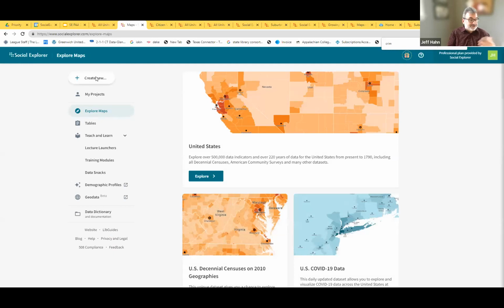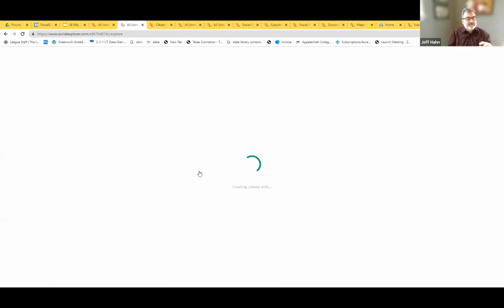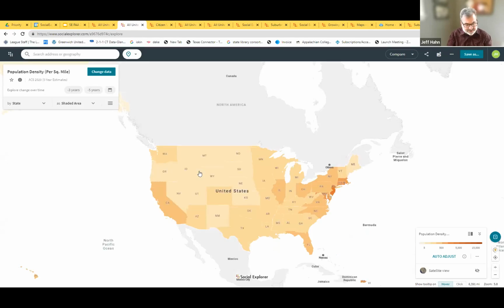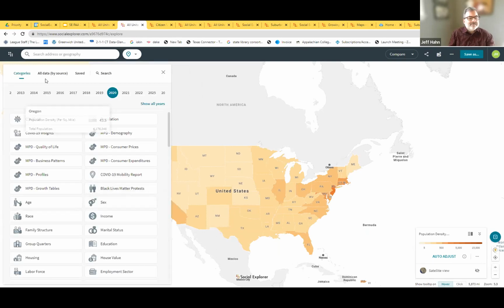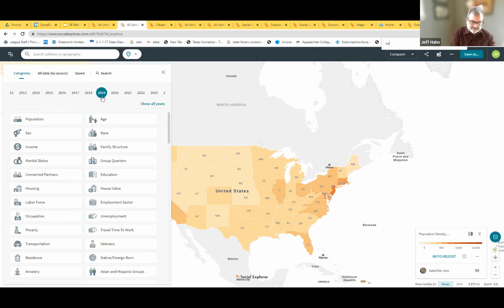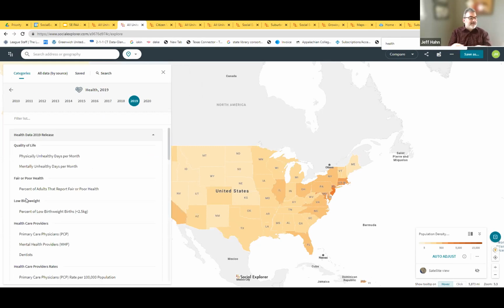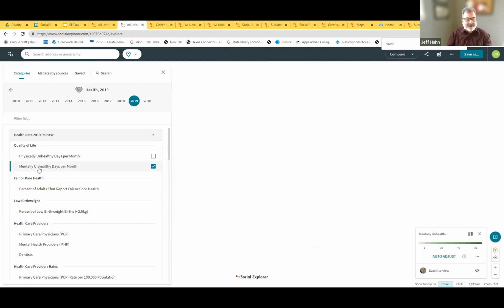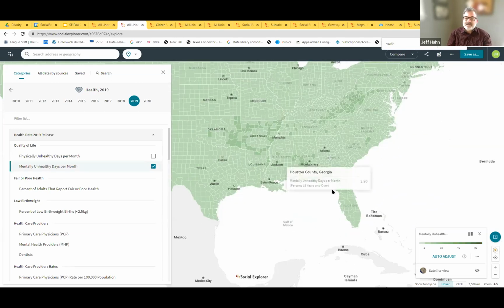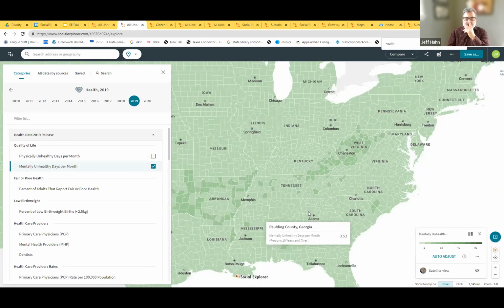which is different than ACS. What's nice about it is you can do some really nice comparisons with social data with the health data. So if I go in, I can look within the health data for physically unhealthy days per month, mentally unhealthy days per month. And so we've built out quite a few modules in health as an example, but you could go in and if you wanted to look at mentally unhealthy days per month, you could then go in and do a comparison